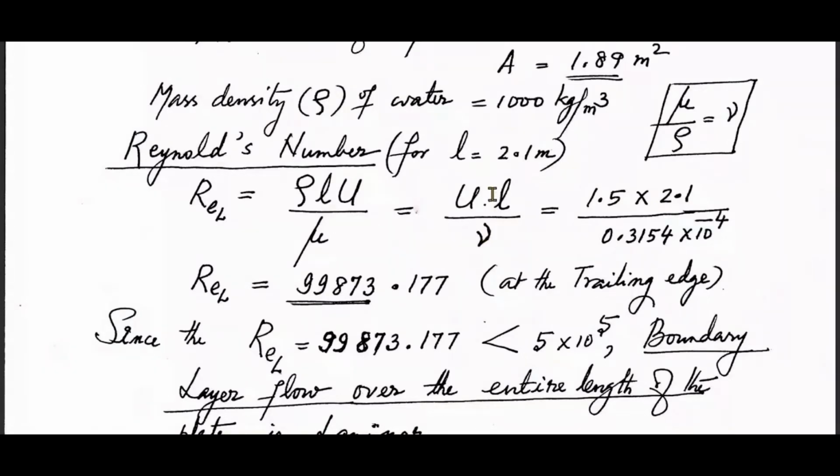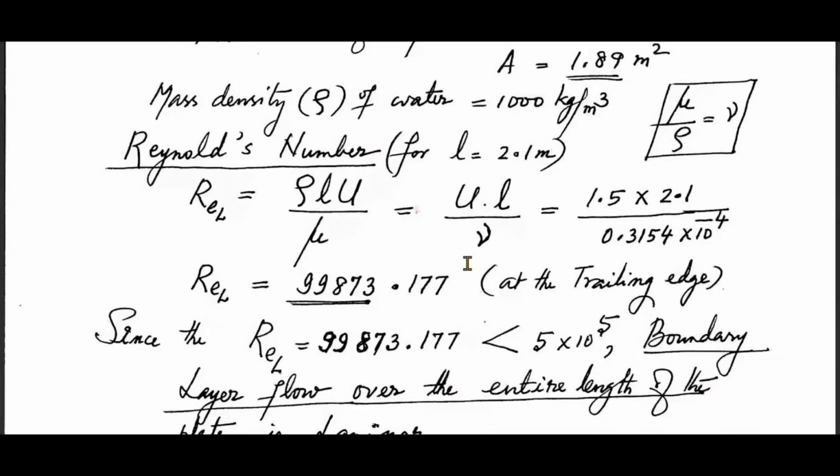The velocity of the solid here is why u is written. If it is the velocity of the fluid, then we write u infinity, that is the free stream velocity. So that velocity multiplied by the length divided by kinematic viscosity is an alternate form for Reynolds number based on the kinematic viscosity. If you are using dynamic viscosity mu, then it will be rho L u by mu, rho L into velocity by mu. Okay, so UL by kinematic viscosity.